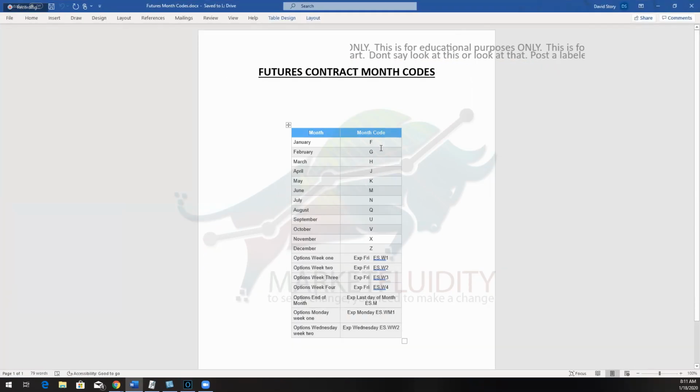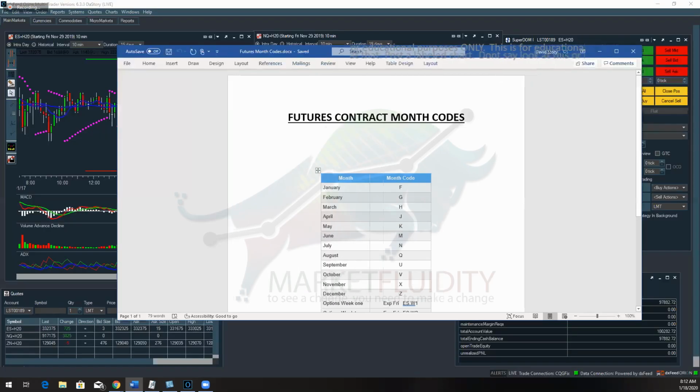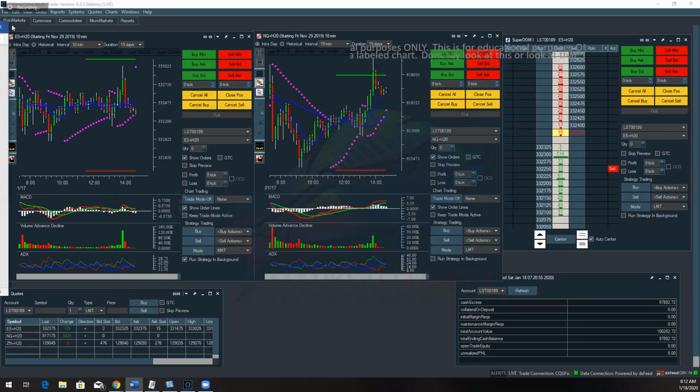January would be F, February would be G, March would be H, April would be J, May K, and so forth, right? We'll get into options on an option day because I want to cover that on a different day, it's a little more complex. But each month has a code. With that said, I can pull up the chart based on that code. So 20 means 2020, H would be March, and that's the S&P, that's the Nasdaq, and ZN is the 10-year bonds. So I trade 10-year bonds as well. If you want to look at that market,